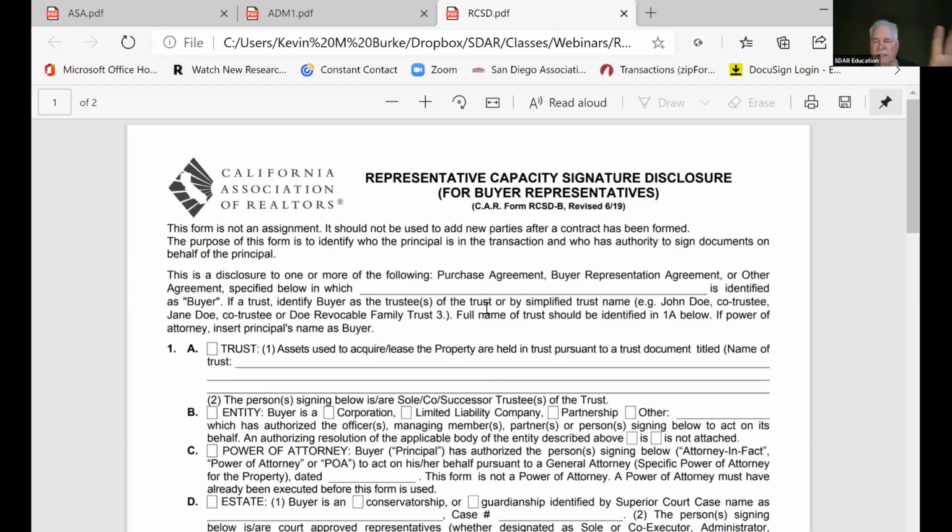And then I'm not gonna, I mean, this isn't a forms class. Well, it's an RPA class, but it's not all this. A trust, please put in the name of the trust, including the date, if any, okay? It's an entity, either a corporation, a limited liability company, a partnership, or another. Authorizing manager, the documentation is or is not attached. Please check the box. Please be thorough on this, okay?